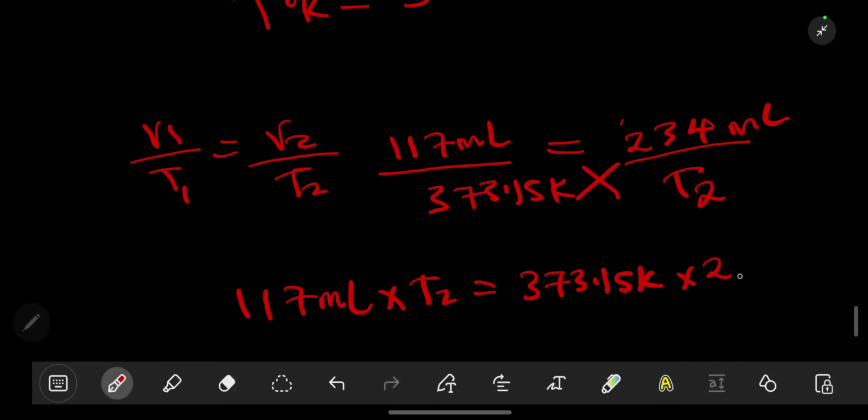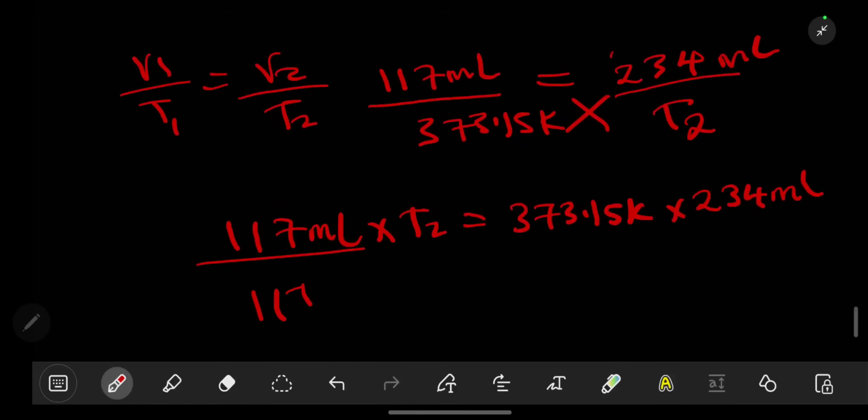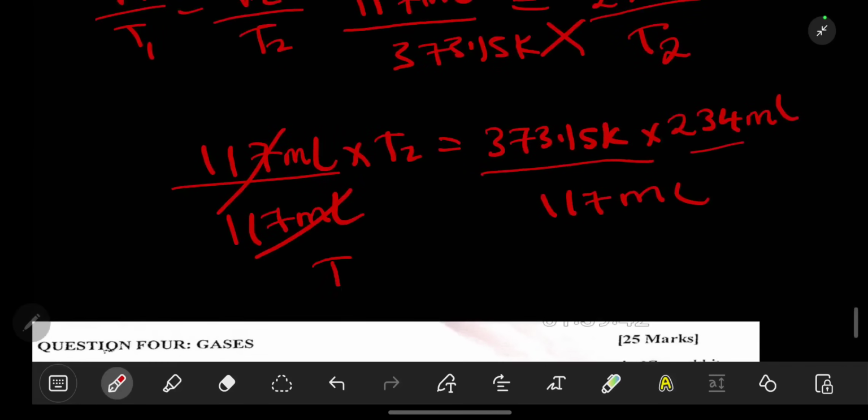Then we have times our 234 milliliters over our 117 milliliters. So our temperature number 2 will be equivalent to 3 times 234, then we divide this value by our 117. This is going to give us a temperature of 746.5. Remember, it will give you 0.3